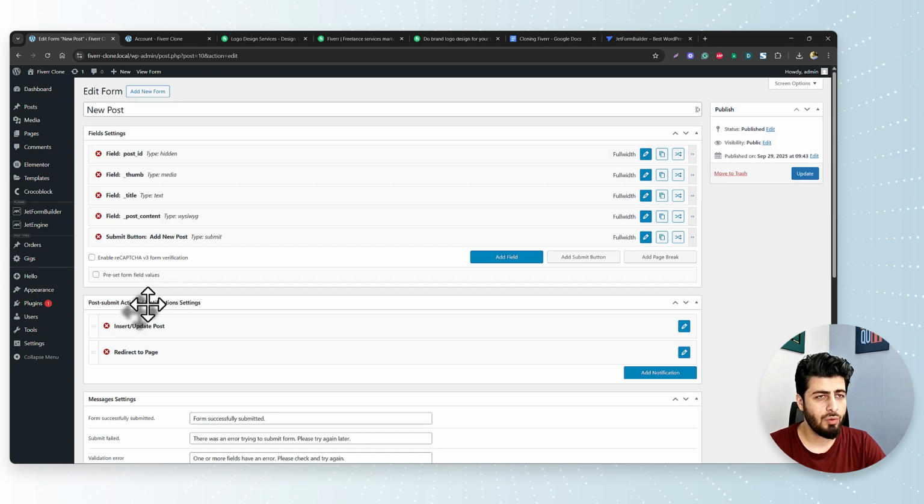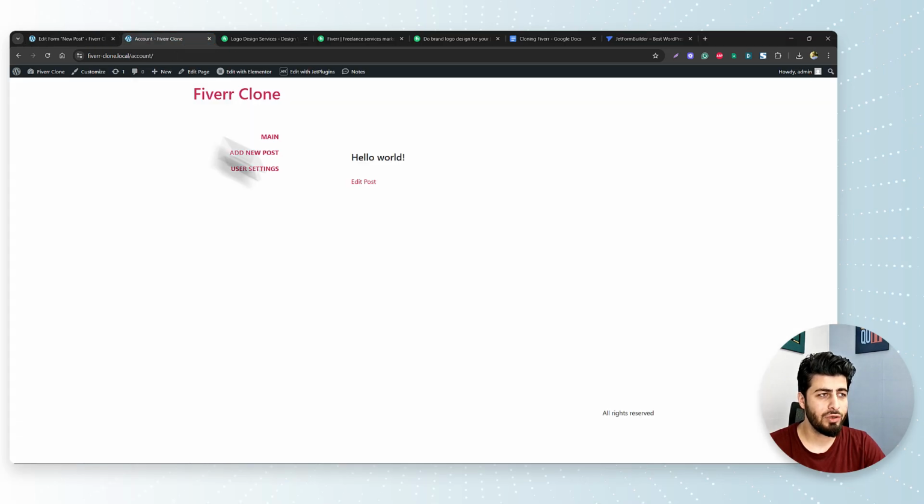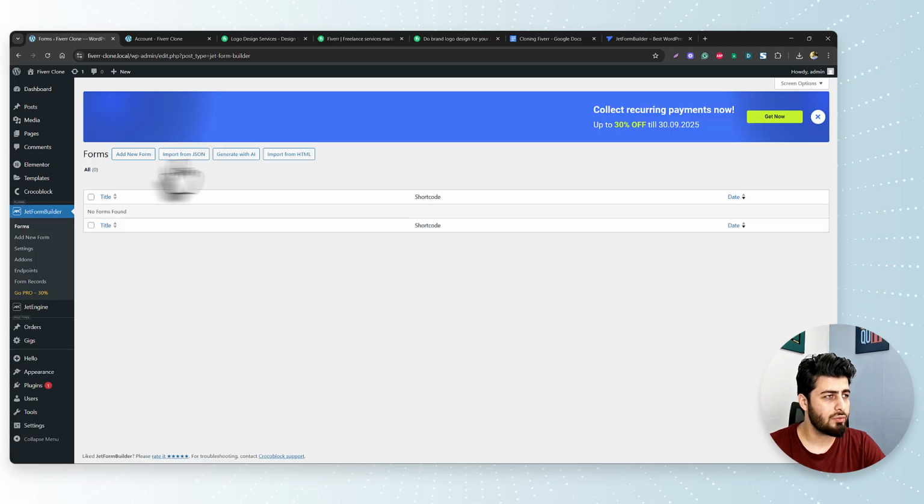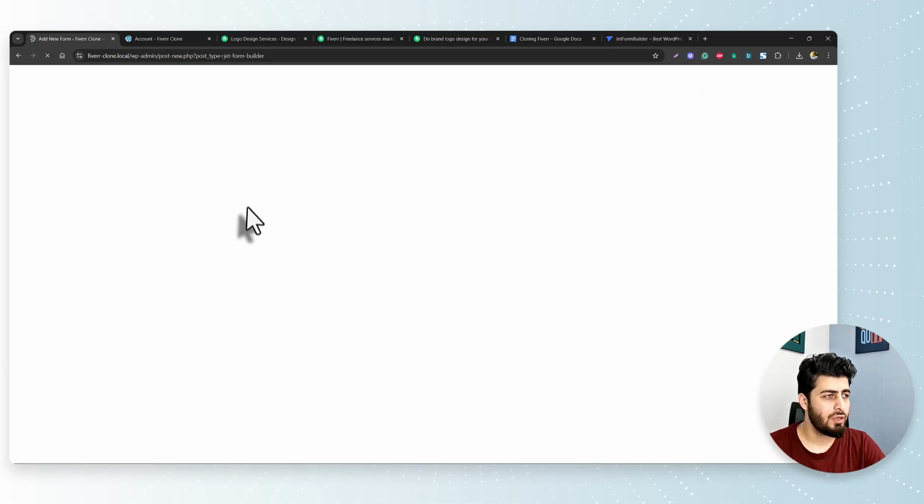Now here, what we need to do is we need to first focus on the sign up form, then we need to focus on the login form, and then we are going to work on the access to make sure that whenever someone logs in, they have to be redirected to this page. Now that's the thing. Let's go ahead and start working on the JetFormBuilder. Here we can see we do have nothing. So what we do is we create a new form, and there should be the sign up form,